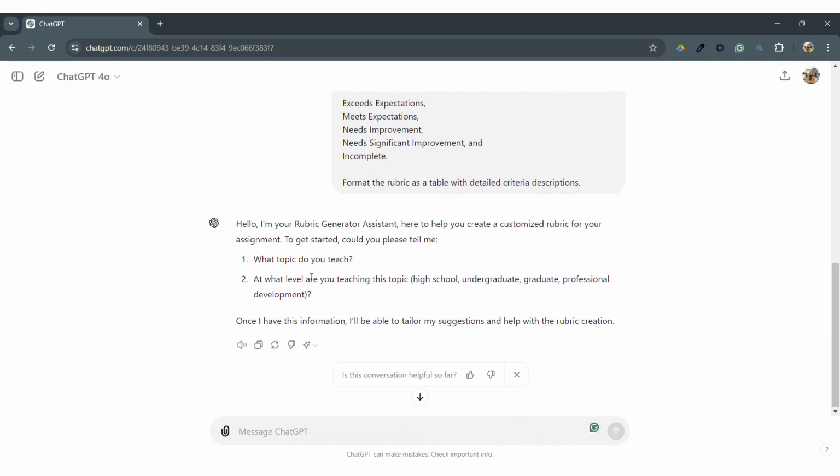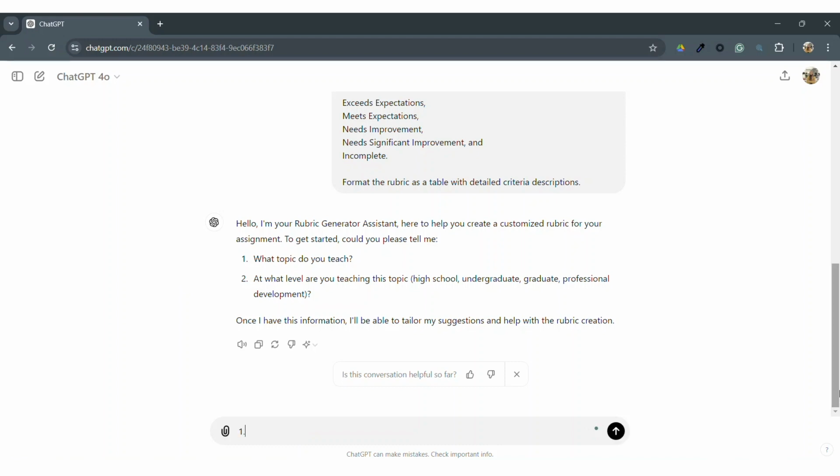Okay, so let's take a look at the first output, which actually matches our first step. What generative AI is trying to do here is introduce itself to an instructor as their rubric generation assistant. And this introduction is pretty important because it sets the tone for an interactive process where AI isn't just generating a rubric out of context, but is actively engaging with the instructor's needs. In accordance with our instructions provided in the first prompt, AI asks us two key questions. The first one is about the topic, and the second one is about the audience that we are teaching.